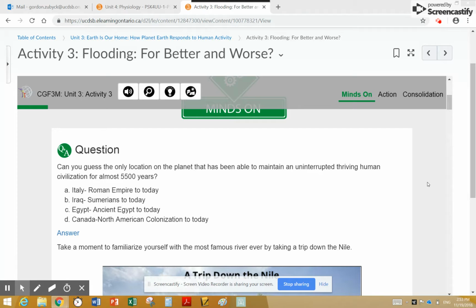In most cases, it ends up being worse only in a situation where humans have gotten involved. Perhaps they've built something where they shouldn't, or they're doing some sort of activity on the land that really isn't something that fits well with an area that gets flooded. And so sometimes we then try to control the flooding, and by doing that, we've eliminated some of those natural processes that help to support